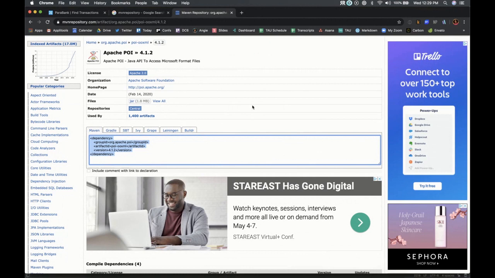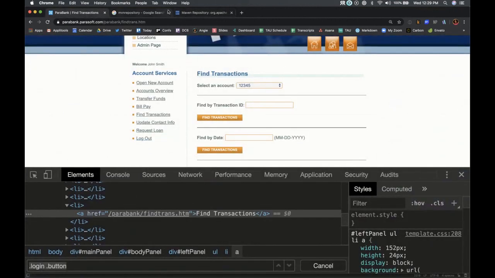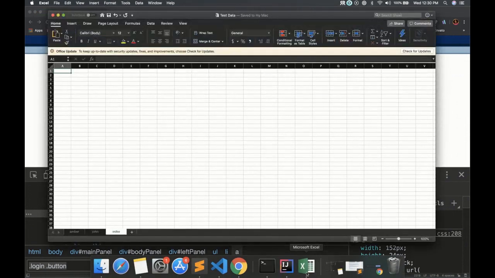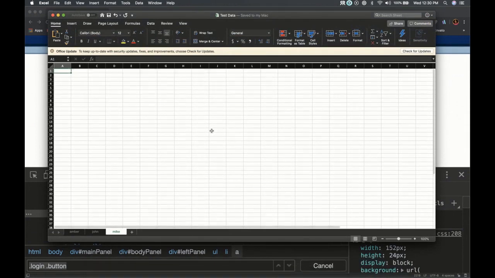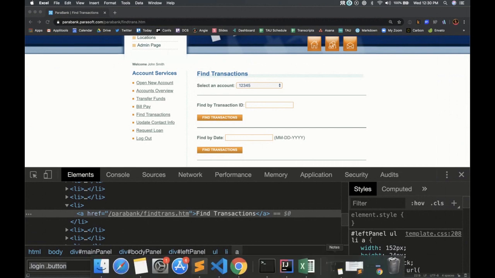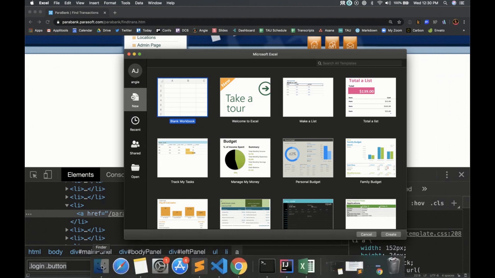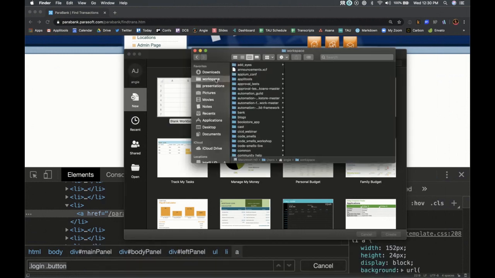Yeah, I need to be able to select the account and I need to put in the transaction ID and then I need to click this button. So the account information is not in my spreadsheet. And why do I keep losing my spreadsheet? Not fun. Okay, let's go back.